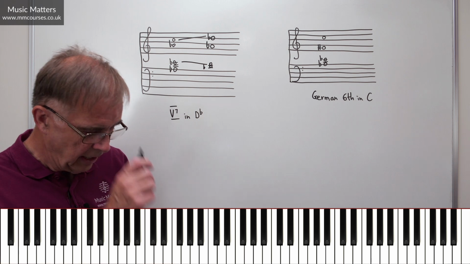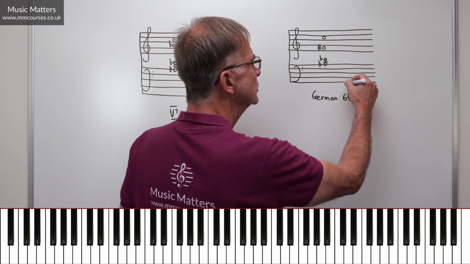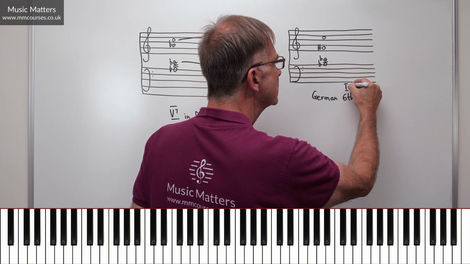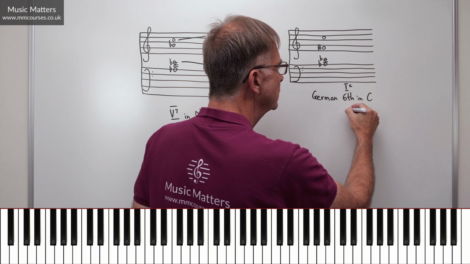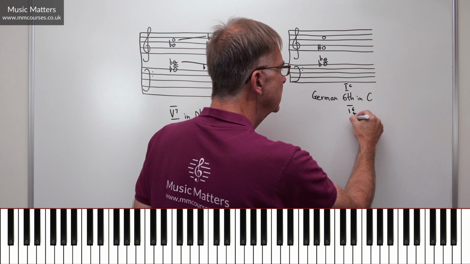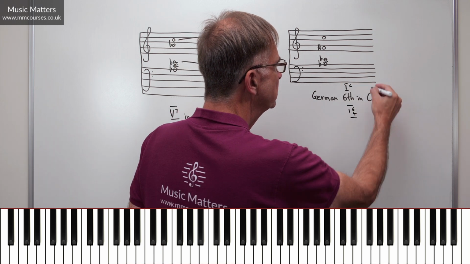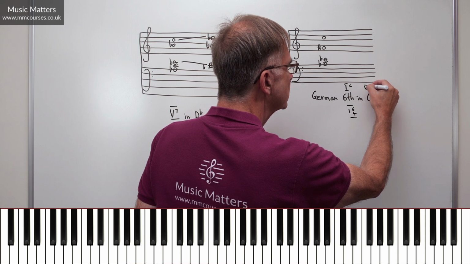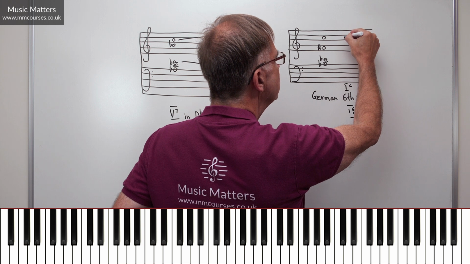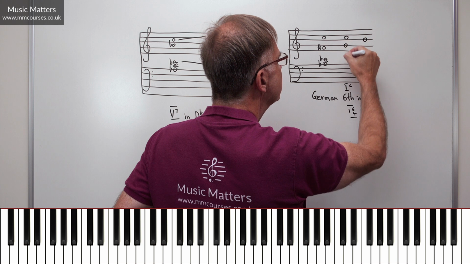Okay, let's see if we can go from the German 6 to a 1 in second inversion. So we'll call that 1C, or you will sometimes know this as a 6-4 if you come from a part of the world that uses a different convention with this inversion numbering. And then we'll go on to a chord 5. Okay, so let's see if we can just make that happen. Let me just put in some notes here that would enable that.